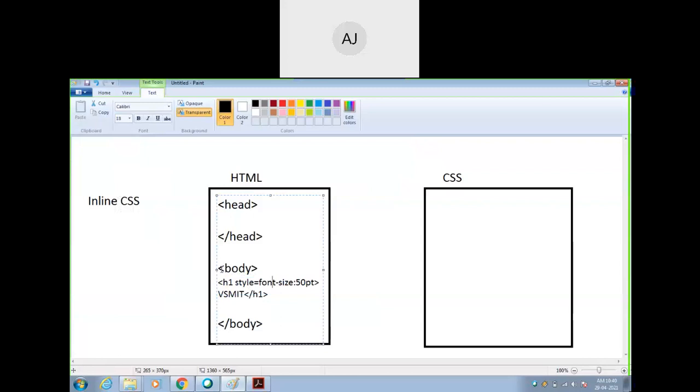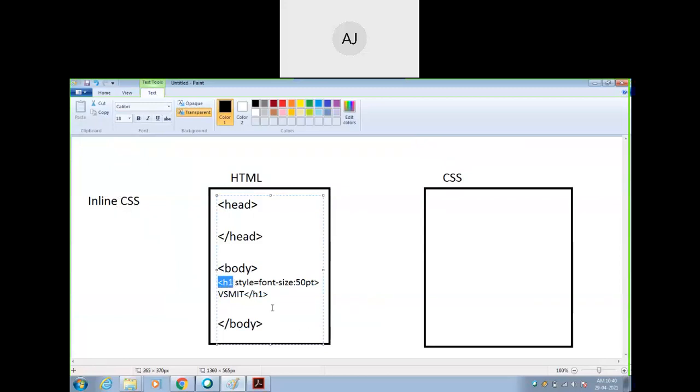The first point is I have to write all the CSS within the body section only, not in the head section. If I write in the head section, it will become embedded or internal level. So inline CSS should be written within the body section and along with the tag. Which tag am I going to use here? H1.